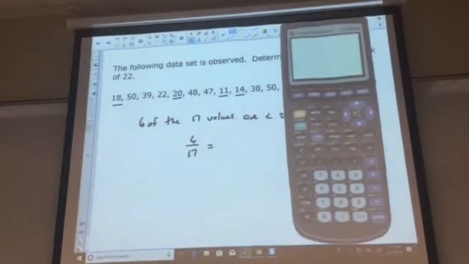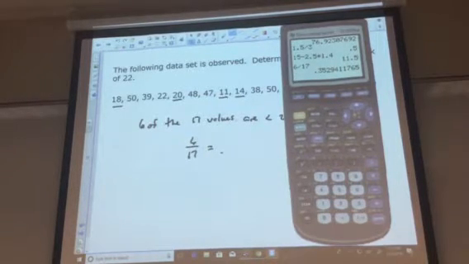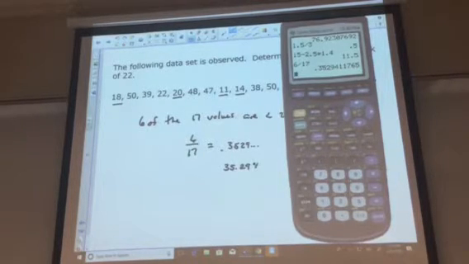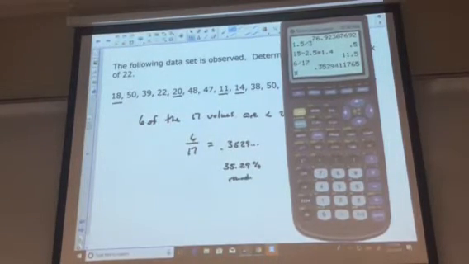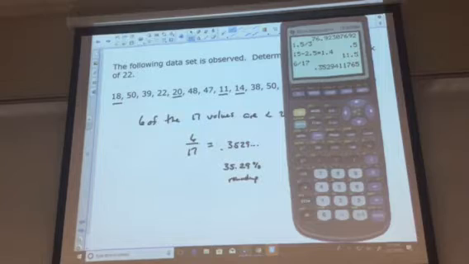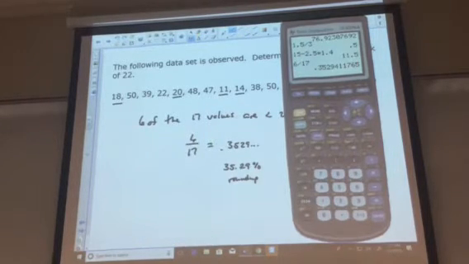6 out of 17 then gives me a decimal 0.3529 with a bunch of other stuff. Multiply it by 100, 35.29%. Round up, even though it doesn't look like it, 35% are below that. So 22 cannot be a value of less than 35.29. Has to be a whole number though. So the closest whole number has to go up. So that means that we are talking about the 36th